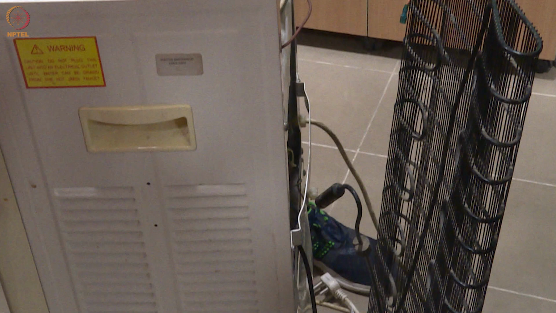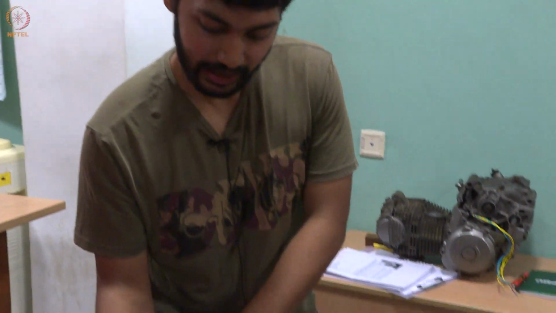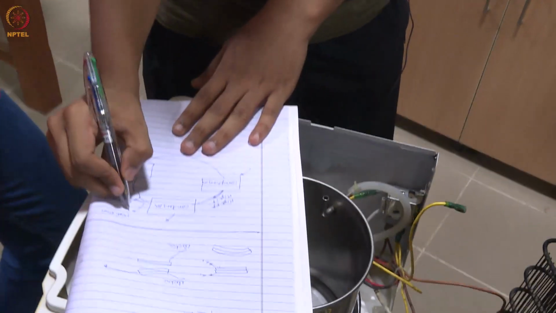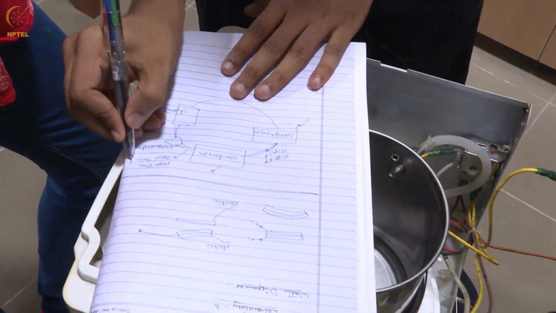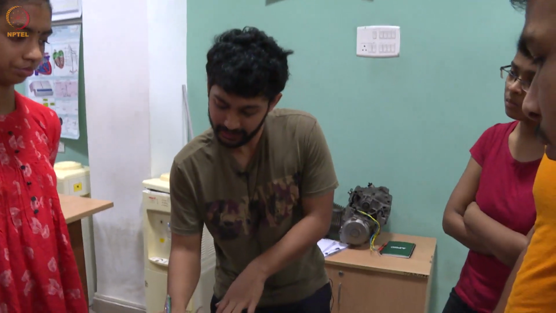As I was telling you, the gas that comes from this tube and goes to the compressor is high pressure and high temperature gas. When it passes through the condenser, a lot of heat is radiated from the gas. So here you can assume that the gas is at high pressure, but the temperature falls to low temperature. Now next comes the evaporator. Because the gas is at high pressure here, it is in a liquid form. When you compress something, it turns to a liquid.